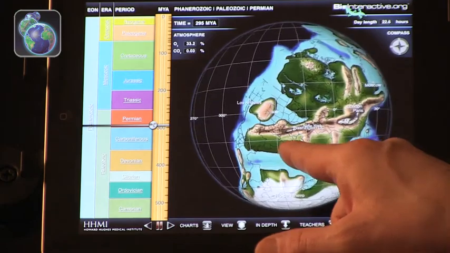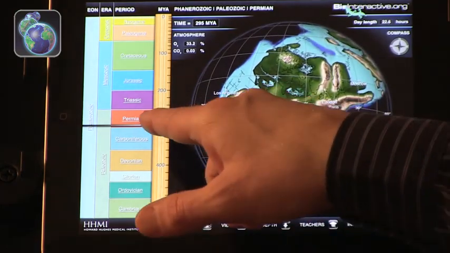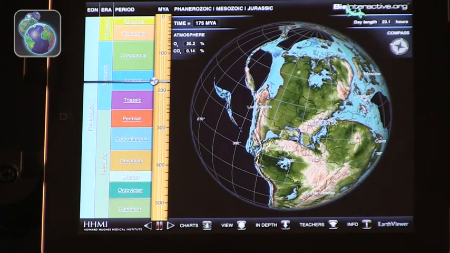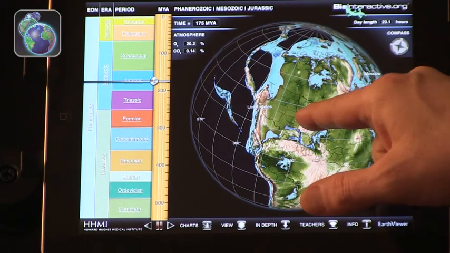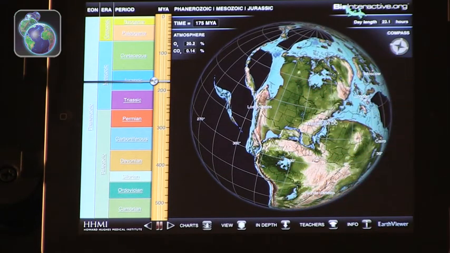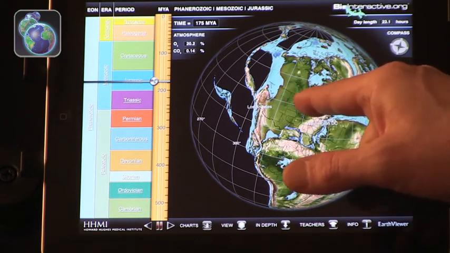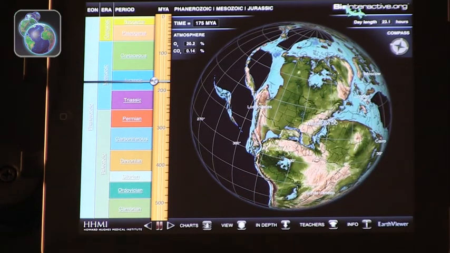You can add layers to this app, so let's bring it just to the Jurassic, which is at least vaguely familiar. And one of the things I love about this is it has the locations of major cities and major borderlines, so you can actually focus on where Los Angeles was, for example, in this screen, at different times in history. Obviously, Los Angeles wasn't physically there, but the geographical location and how it moves about